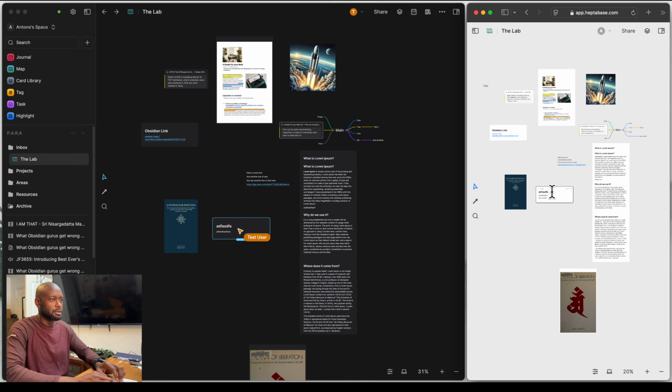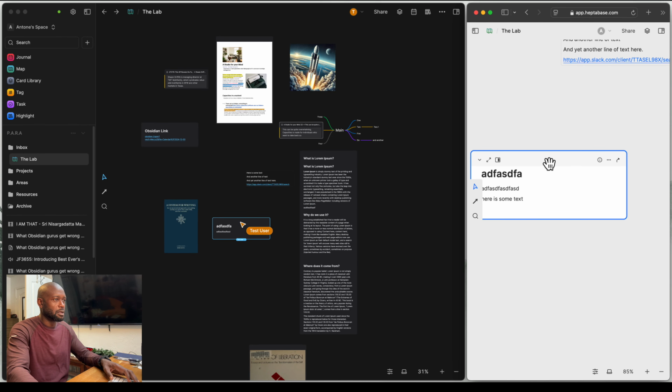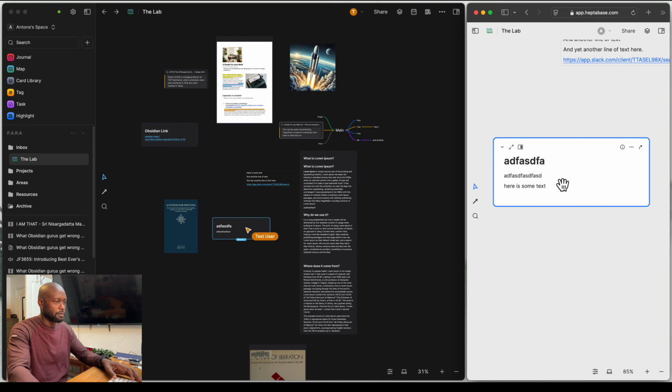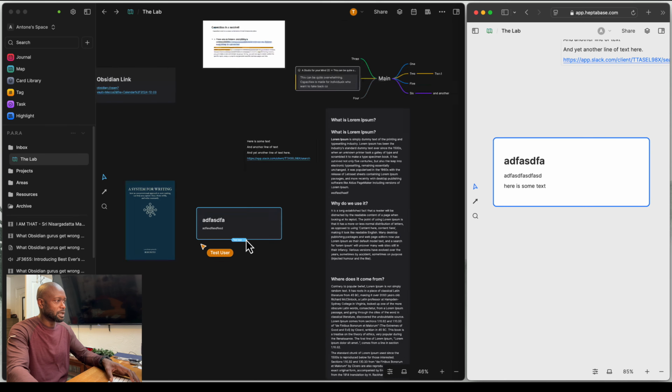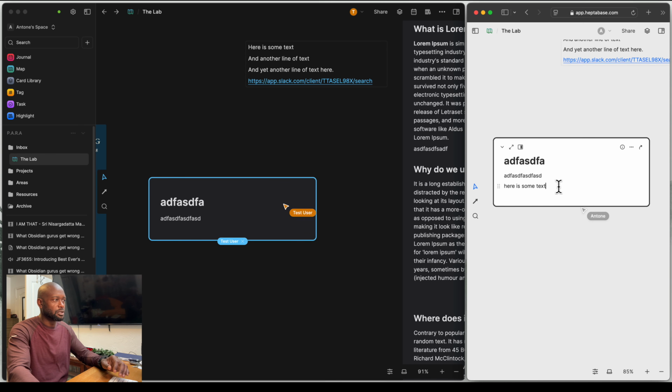is some text, and we can zoom in on this here, that there, and let's zoom in on this side as well, that way we can see something here. When they actually click into it, you can see that it shows that there's a test user on the other side, and because of the way I have it set up here, I can't really come over here and do